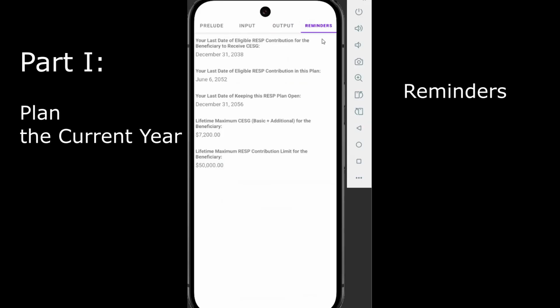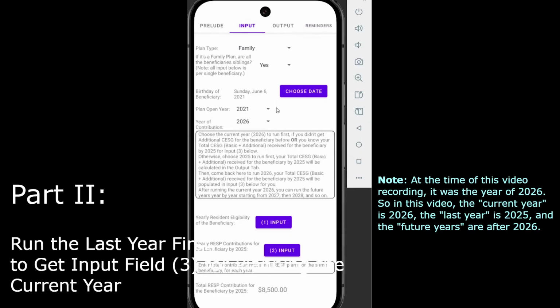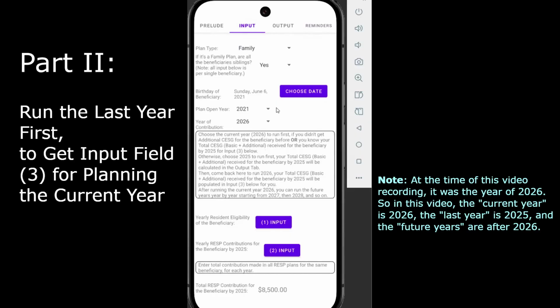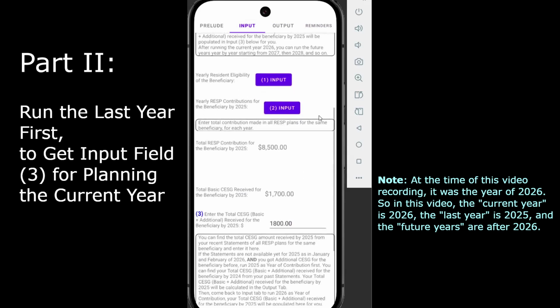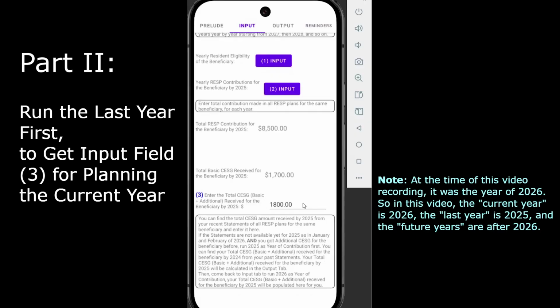You can also look at these reminders. If you got additional CSG for the beneficiary before, but you didn't know the total basic and additional CSG received for the beneficiary by last year for input field 3 in the input tab, for example, you didn't receive your RESP statements yet for the last year, as in January and February of the current year, you can run the last year first.